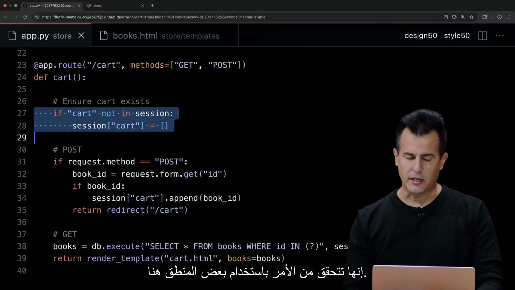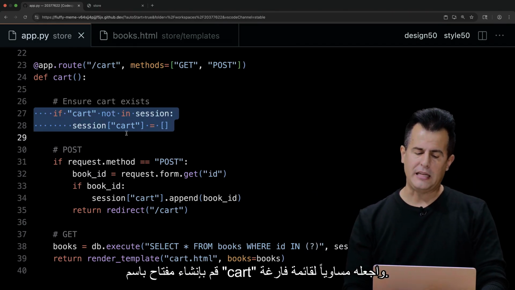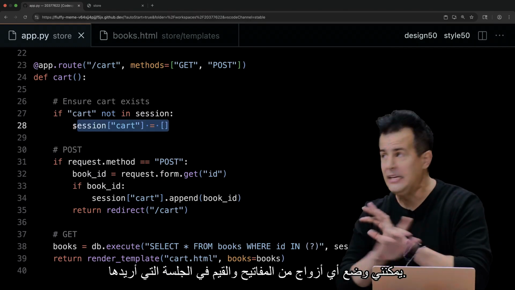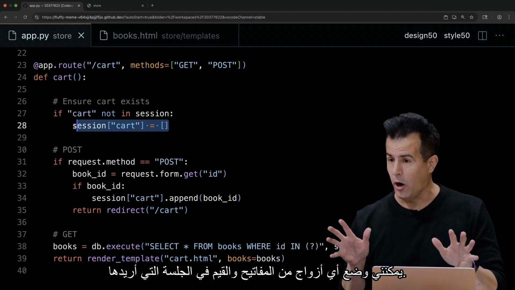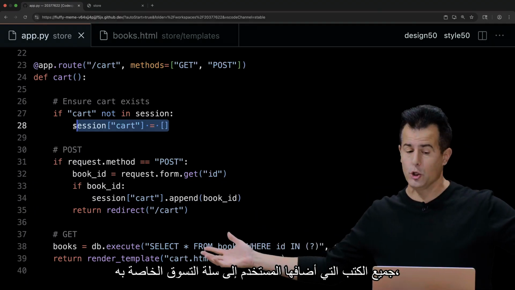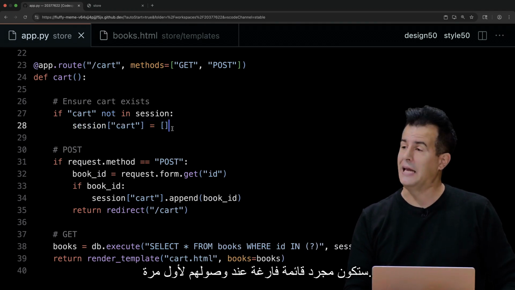Well, first, it's checking with some logic here. If there is no cart in the session, go ahead and create a key called cart and set it equal to an empty list. In other words, I can put any key value pairs into the session that I want. So if I want my shopping cart to effectively be a list of all of the books that the user has added to their cart, it stands to reason that my cart by default should just be an empty list